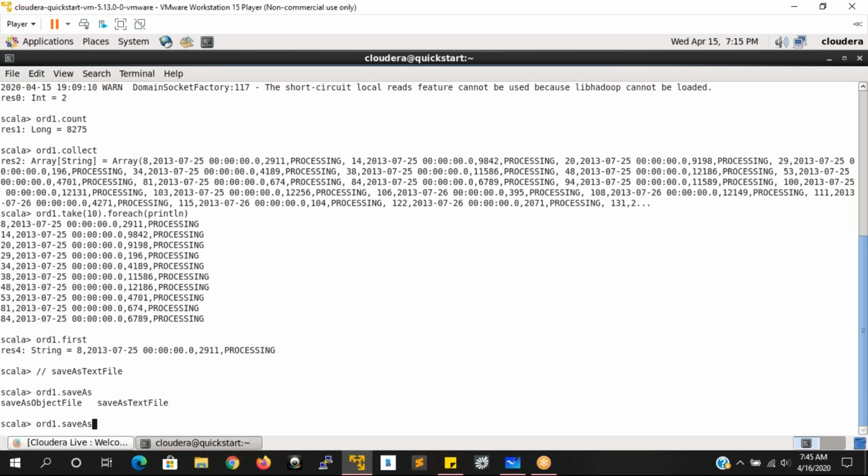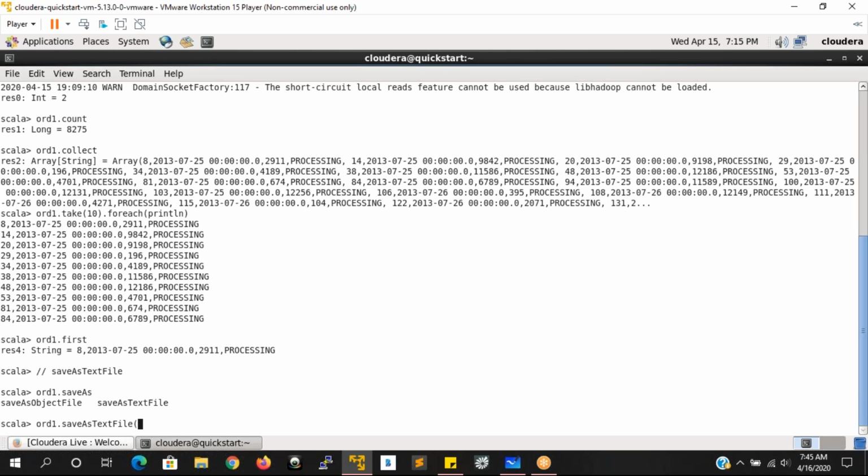You see saveAsObjectFile and saveAsTextFile. Object file means saving the data in a binary format, and text file means saving the data in a text format. Here we are going for text file first, then we'll see how the data gets stored in an object file.